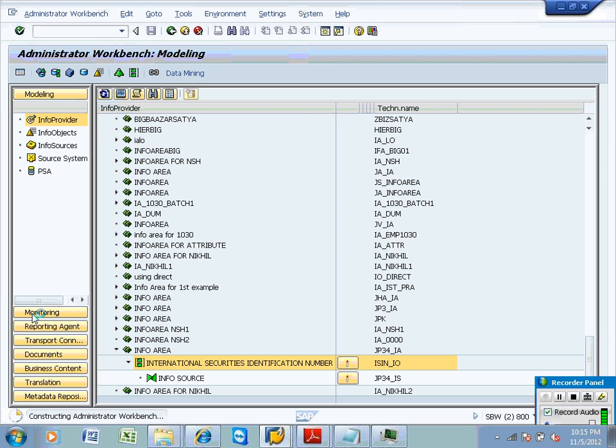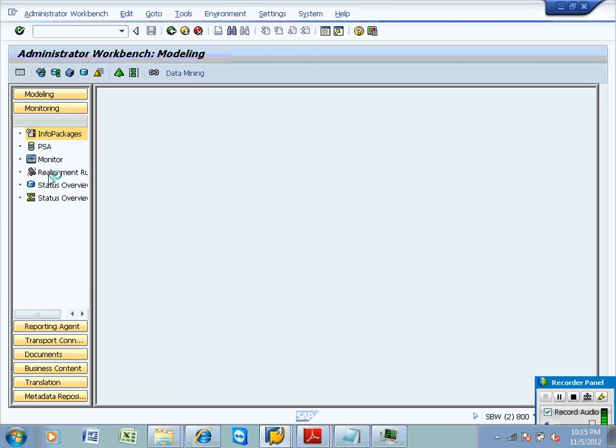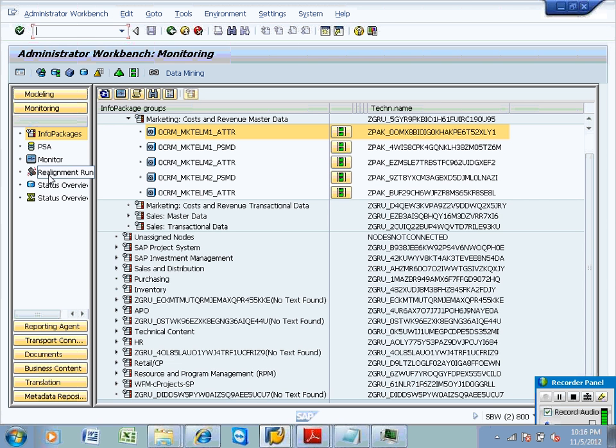If you want to perform the ACR step, then in RSA1 you need to select monitoring. Okay, in RSA1 until now you worked on the modeling. Now you need to work under monitoring. Go to monitoring. ACR is also known as realignment run. Okay, in 3.x it is known as realignment run, and activation of master data is nothing but ACR. Activating master data in the sense of M record converting into A status. That's it. Click on realignment run.